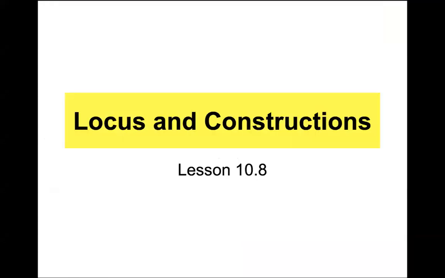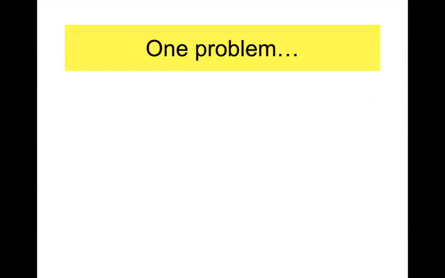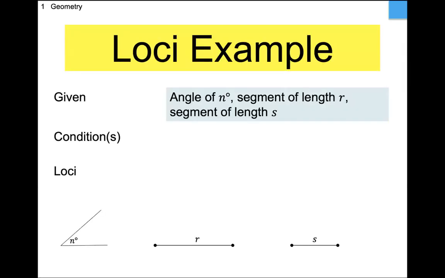Okay. Last section of the chapter is called Locus and Constructions. So we're actually going to do some literal constructions today with the compass and the protractor, and we're going to do a locus problem. First day we did locus problems, we did 4 problems. The second day, loci problems, we did 2, and guess what? Follow that pattern, 4, 2. We're going to do 1 problem today, and that's it. All right, just 1 problem today, and here it is.